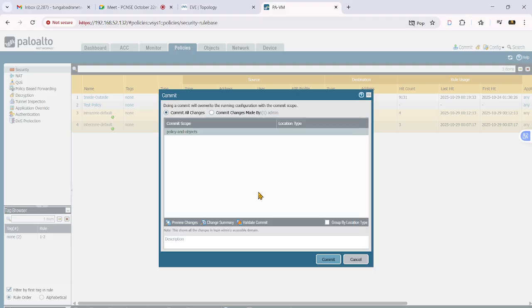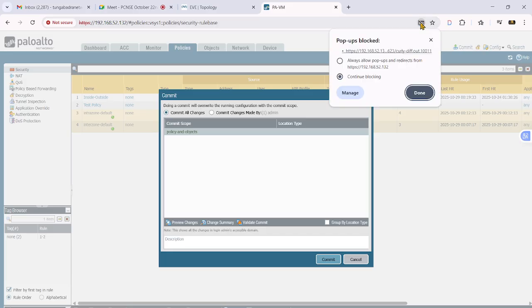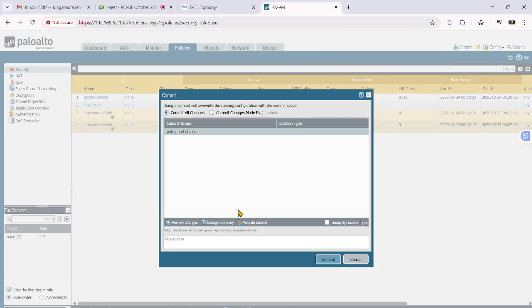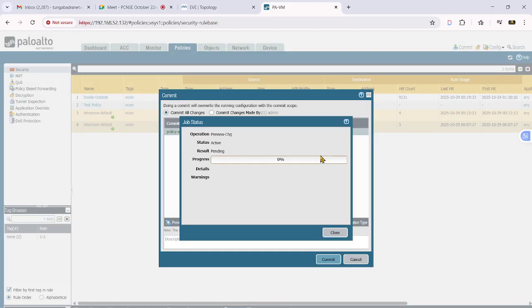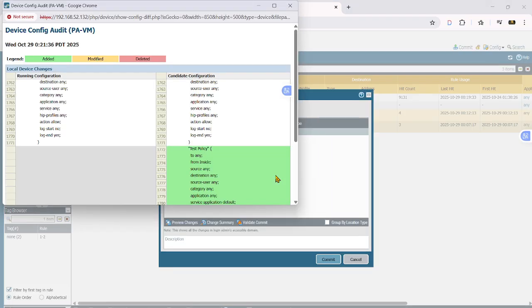So with the preview changes you can come to know who is making the changes and what changes are available in your commit.